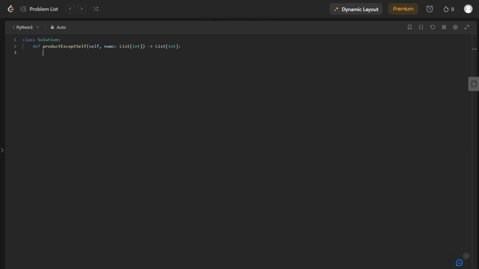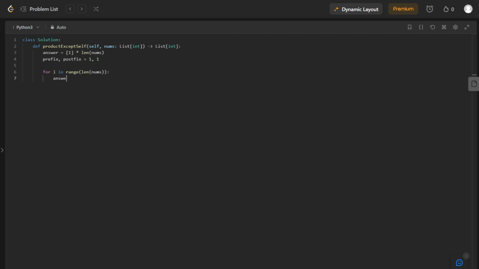Okay, we're on LeetCode and we can start writing the solution. So we know we're going to return an array called answer. So we can define this right now and we'll initialize it with all 1s. So we'll just multiply 1 with the length of the nums array. Then we'll initialize prefix and postfix. So prefix and postfix are both going to be 1 as the default values. We can go ahead and loop over the nums array. And we only need to loop once since we're going to be handling the prefix and postfix at the same